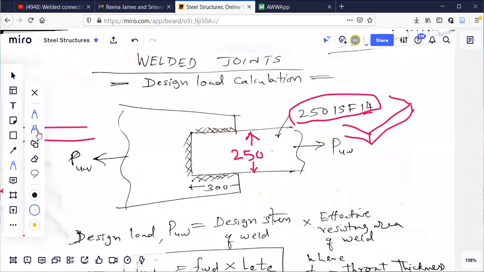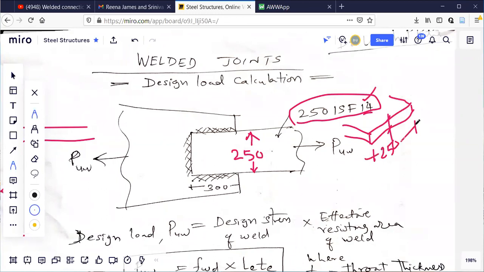So you can say this thickness is 14 mm, and the length can be anything. Whatever length is required for the particular structure, that much length we have to purchase. Length is not shown. Only cross section dimensions are important for calculation. This is 250.